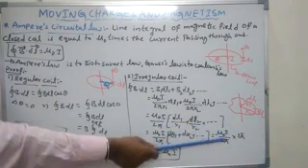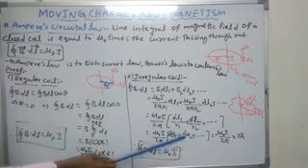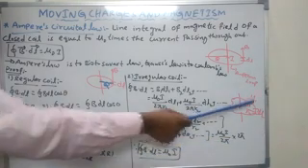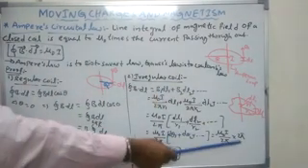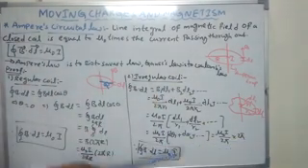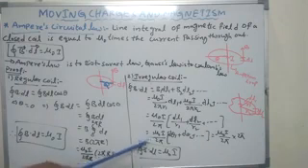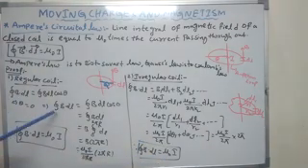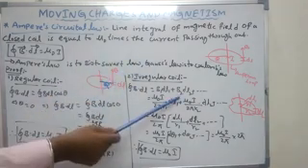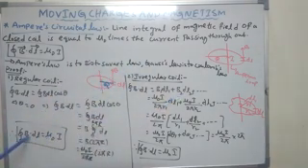That is equal to μ₀I/2π times (dθ₁ + dθ₂ + and so on), which is nothing but the complete angle, 2π. μ₀I/2π into 2π, the 2π cancels, and you will get μ₀I. Then the closed line integral of B·dl is equal to μ₀I. In case of a regular coil or an irregular coil, the closed line integral of B·dl is equal to μ₀I.